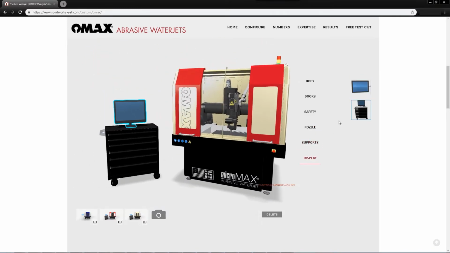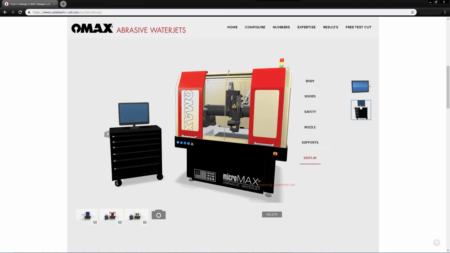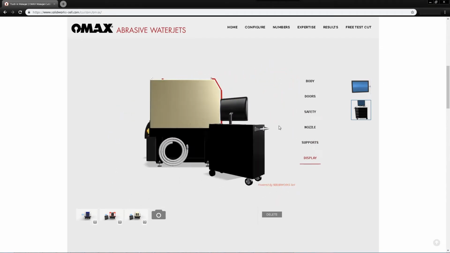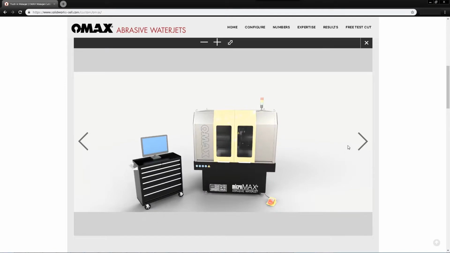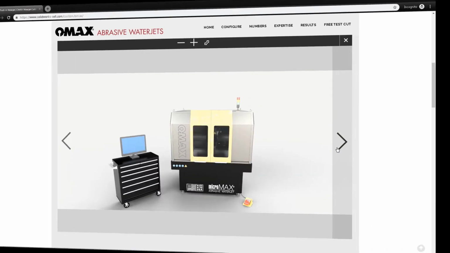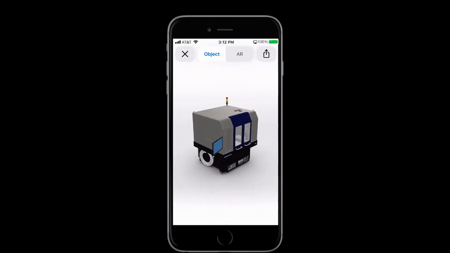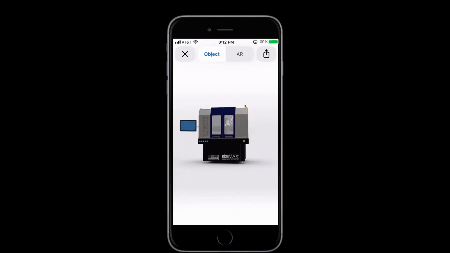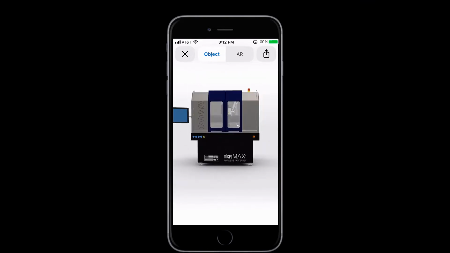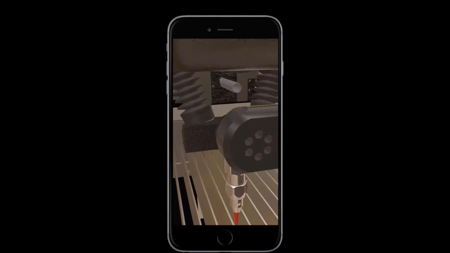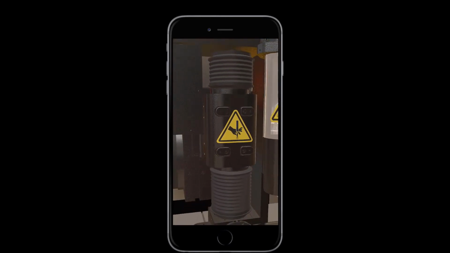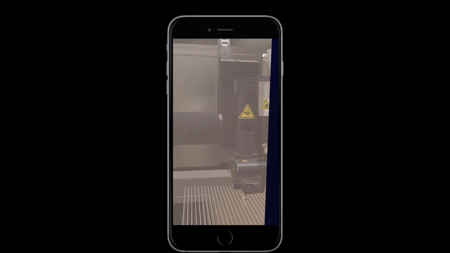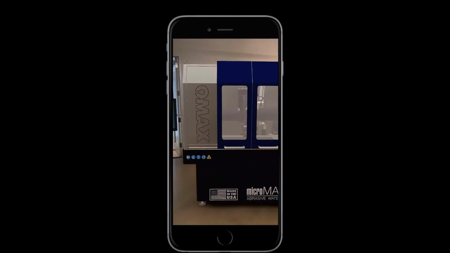For example, on this Omax waterjet page, you can fine-tune the door colors, safety setups, nozzle types and base supports out of thousands of possibilities. Even better, the favorite combination can be reviewed in an actual space with augmented reality to check the size, style and surrounding context. Going further with SOLIDWORKS Cell, the online traffic analytics feedback can help your business optimize both design